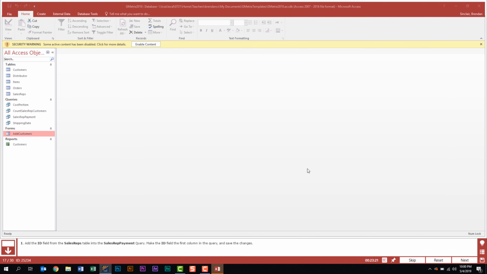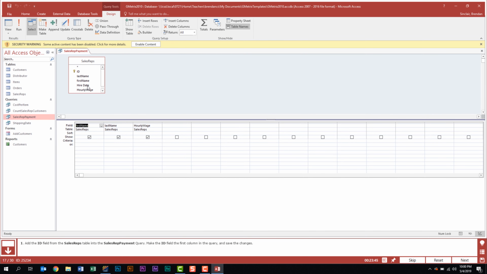Task 17 wants us to add the ID field found in the Sales Reps table and put it in the Sales Rep Payment query. And it tells us to make that ID field the first column in the query, and then we'll save the changes. We'll go ahead and right-click on the Sales Rep Payment query, and we'll open it in Design View. What we want to do is just double-click ID, and then I'm going to select the entire column here,